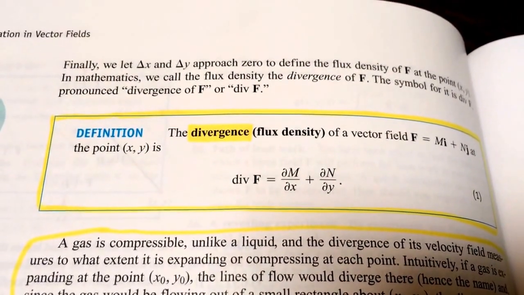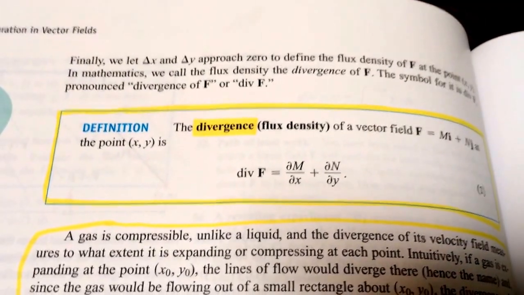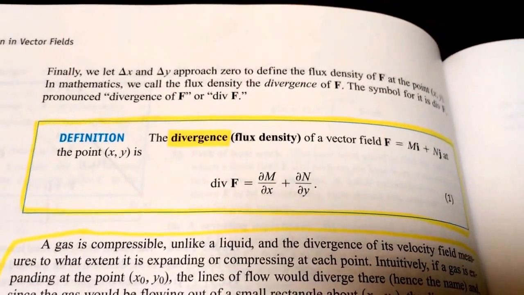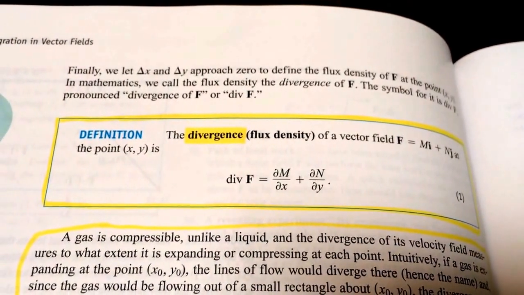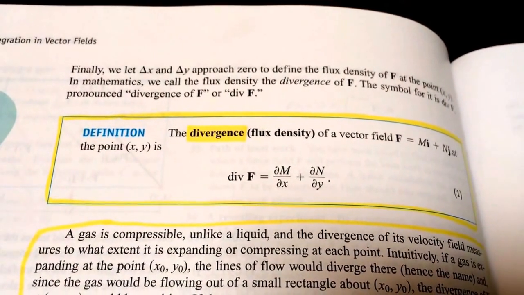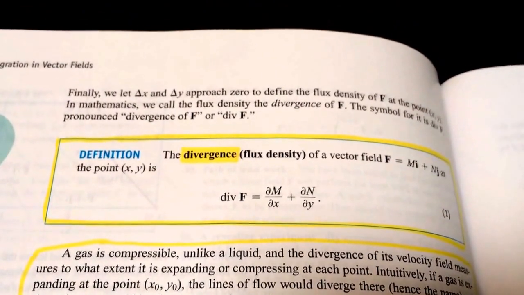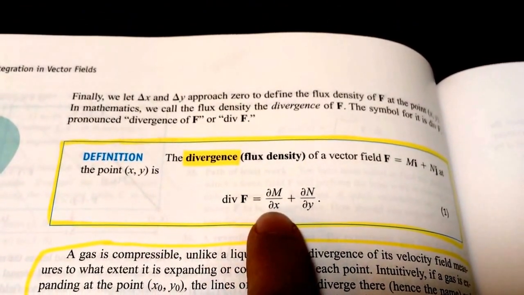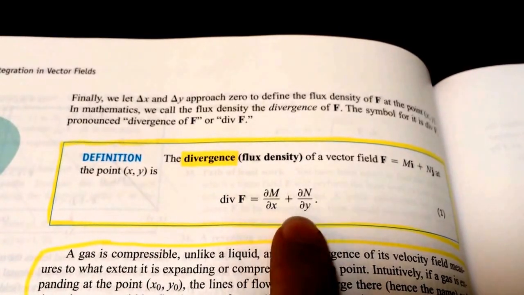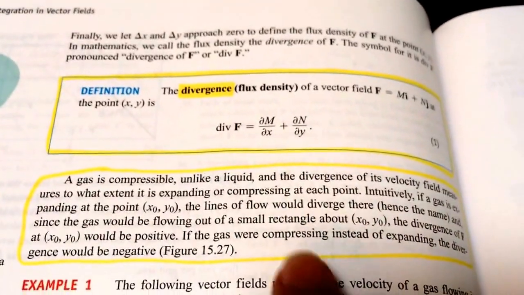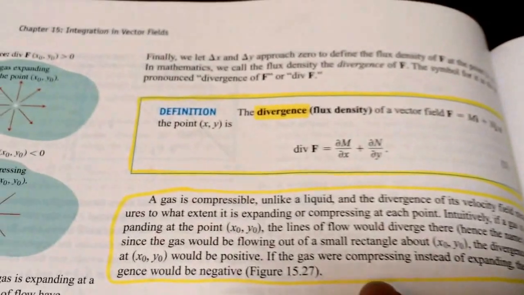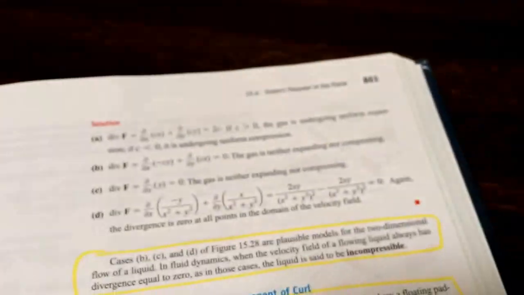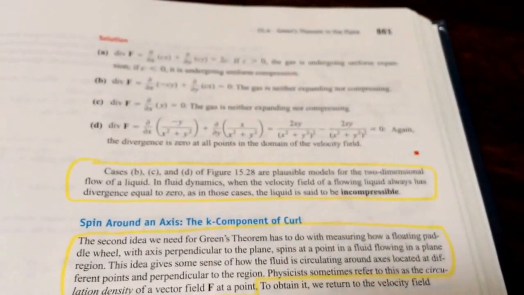So these are going to be two-dimensional. Notice you just have the M and the N. There's no P because there's no k component. So these are two-dimensional vector fields F. And so the divergence of F is the sum of these two partial derivatives. And then here it just gives you a little bit more information about that. So page 860, you can read this on your own, this paragraph above example 1. Again, more information here on page